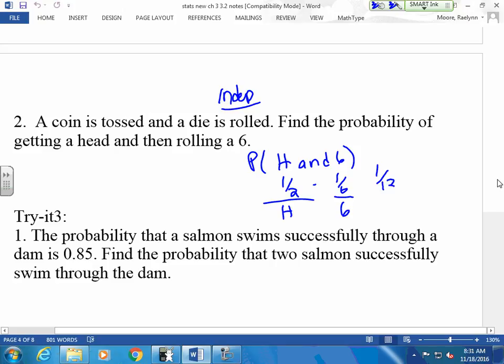Do these look like the trees that we used to multiply the branches? Remember I put them on your branches? This is your multiplication rule. When we did heads versus tails, and then I did 1, 2, 3, 4, 5, 6, I said this was 1/2, this is 1/6, and we got 1/12. There's where our multiplication rule came in. I like to start with it on the tree because I think it makes more sense. 1/2 times 1/6, and this totally makes sense, or it should make sense to us. Okay. Here's a tricky one.